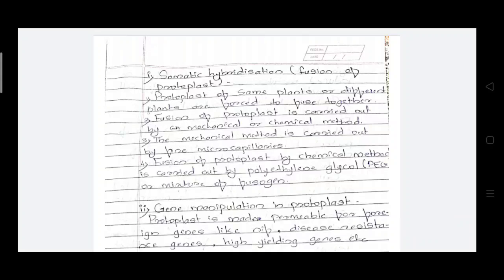This fusion of protoplasts is carried out by mechanical or chemical methods. This method is also carried out